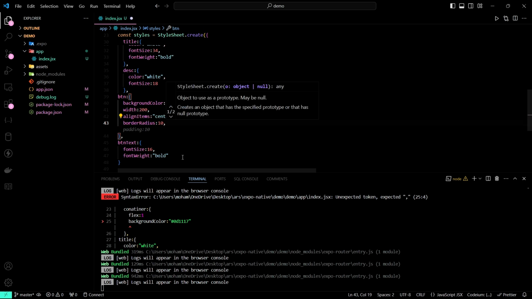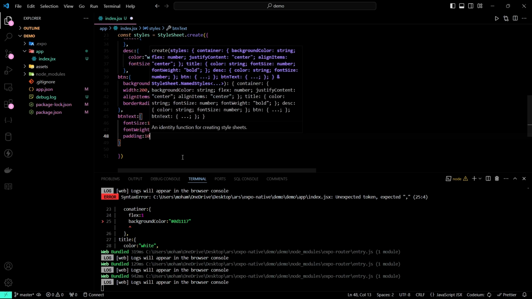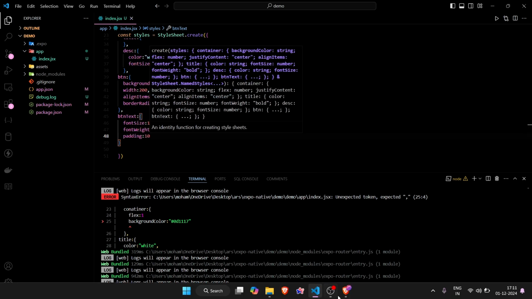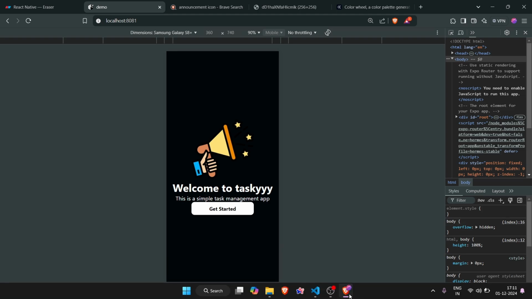And also for the text, I want to add padding, just 10. You might be thinking what is this padding, you'll be seeing that. See, around this text there is some spacing, right? This spacing is called padding. I'm giving padding around this. Now I want to give some space after the description and also title and also image, so I'll be using